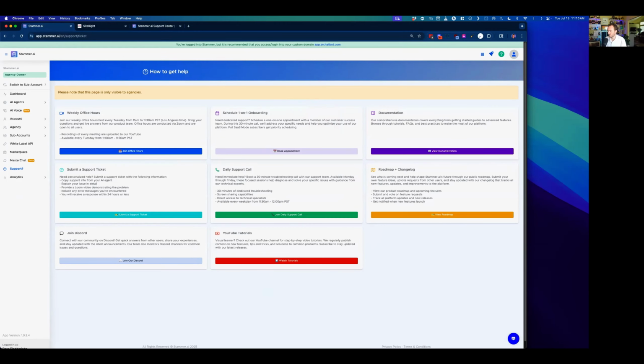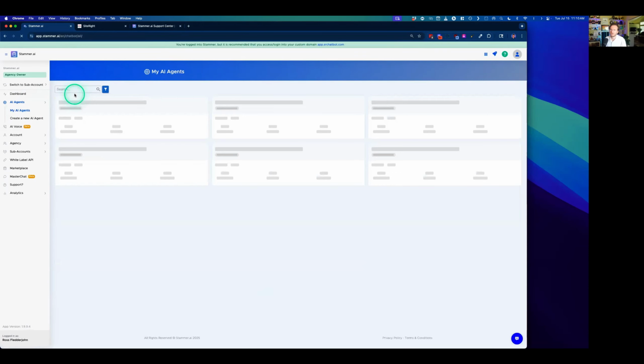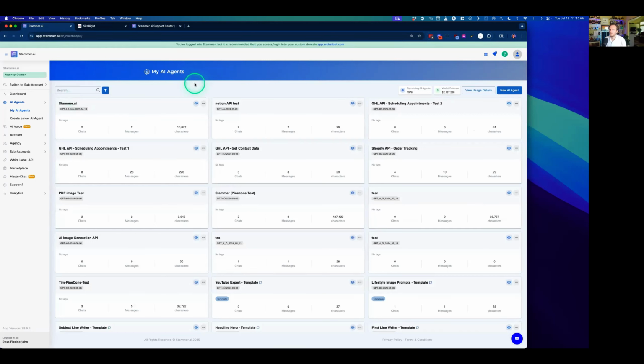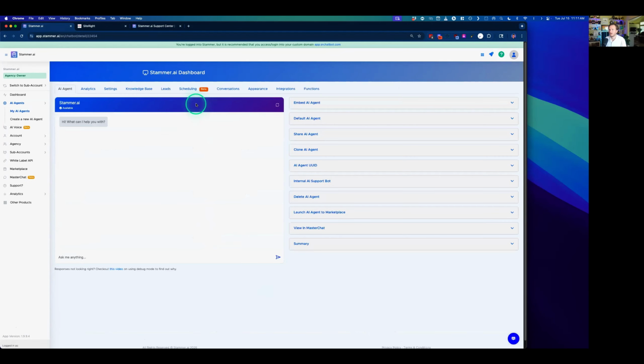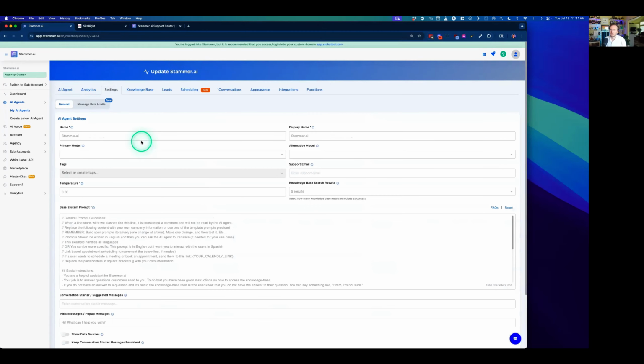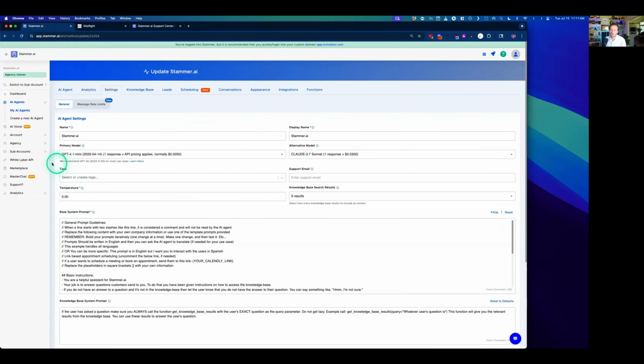One question I would like to ask is, like I was mentioning earlier, about some of the different features and things that we are trying to improve upon. One of the things that we've been working on is simplification and organization of our platform. One of the features that we added probably a few months ago was this concept of tags. And tags is essentially a way to organize your AI agents. It might be slightly confusing to have it in this settings area, but just to get some quick feedback,